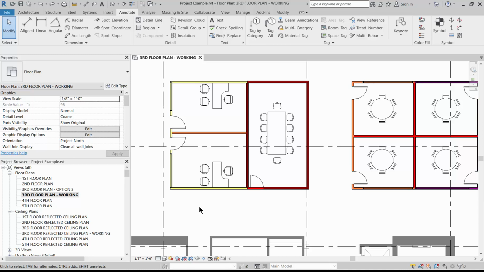So I'm here in a working view, and I'm just going to change my working view. Keep in mind that on your sheet views, you're going to have different visibility graphics, with separate views set up on separate sheets for the floors and for the walls. And then obviously the ceiling plans are separate as well. I would suggest that at every step of every exercise, all of your sheet views are separate and have their own visibility graphics. So now, just in a working view, I want to turn off